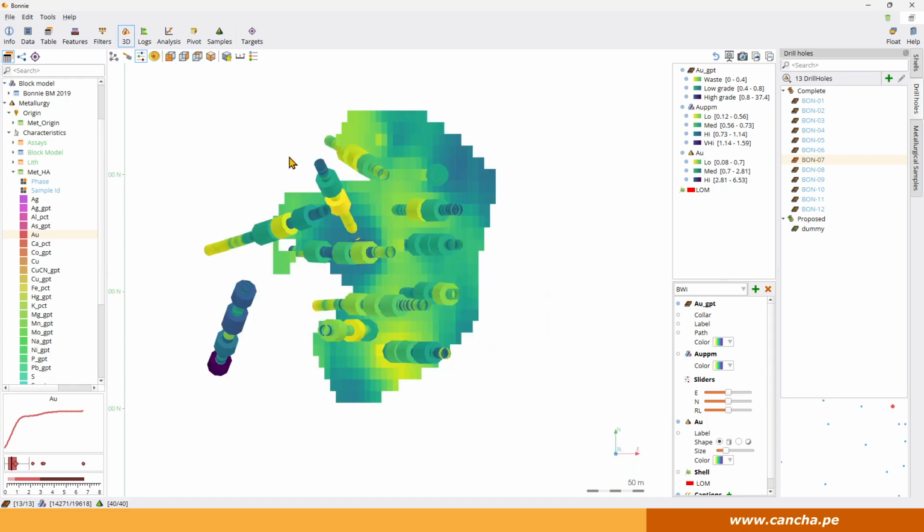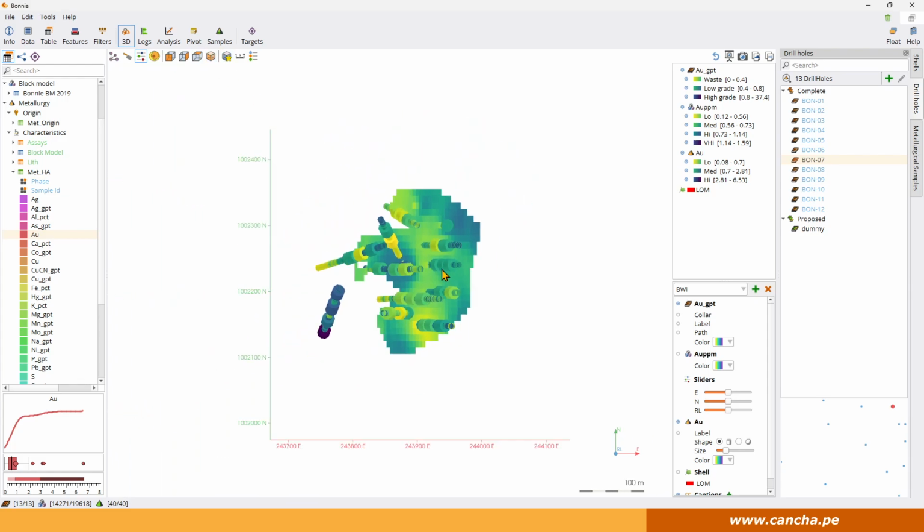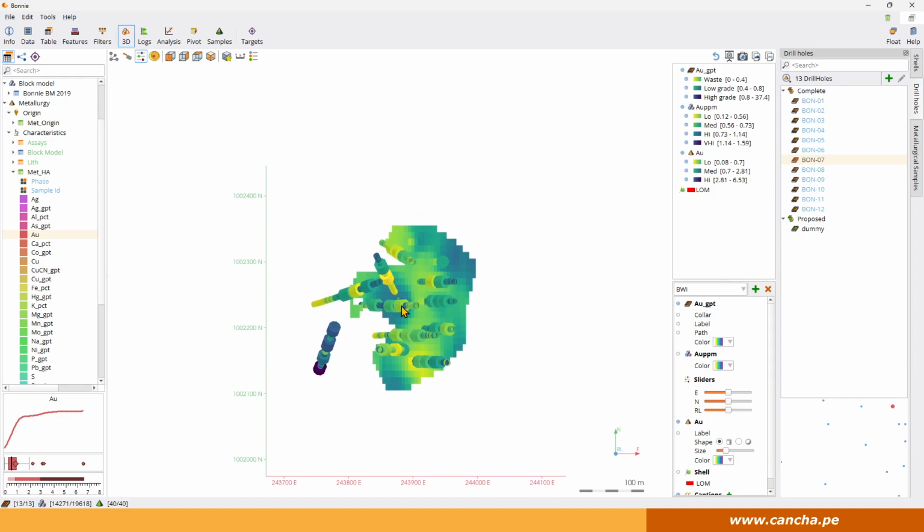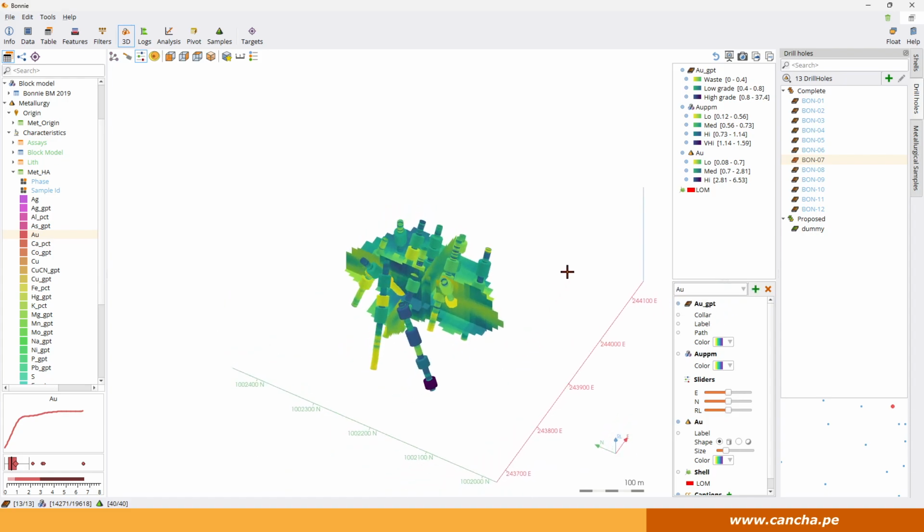I'm just going to hit the plan view icon on the top here. It's going to make this nice plan view for me, and this is just the way I want it. And so what I'm going to do is save this view here. So this is the 3D controls window at the bottom right hand corner, and I'm going to hit the plus mark there, and then I'm going to type gold and then enter. So now in this drop down box I've got this gold one here,